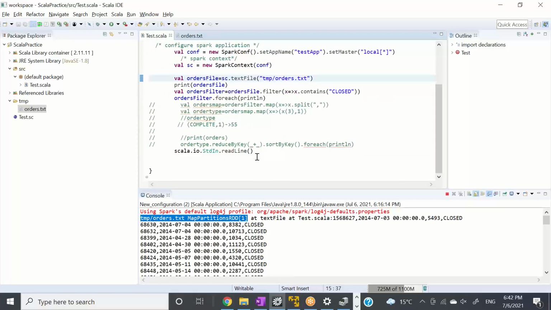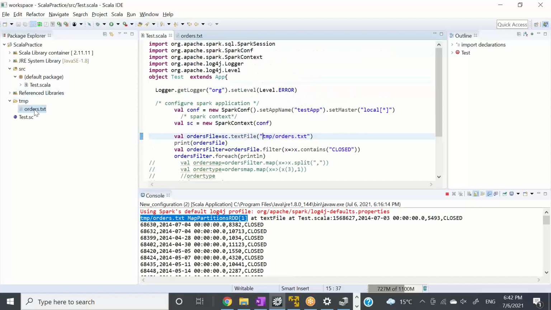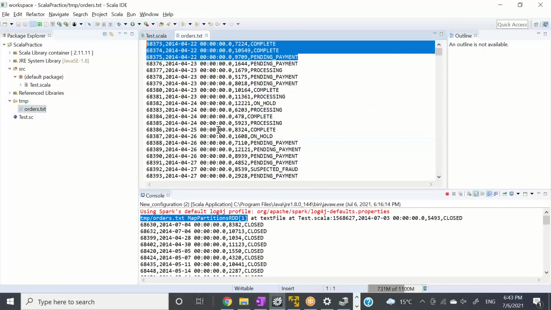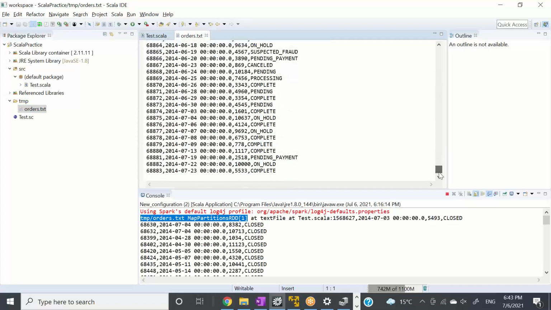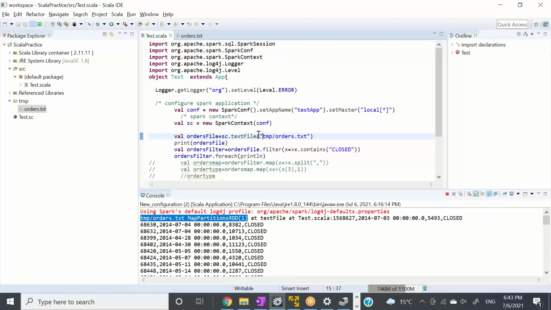And now you need to deploy this code into the Spark cluster, or you need to run this code on the Spark cluster, right? For testing, you can have test data like this. But in reality, let's say this test data is 1400 rows, but in reality these rows can be 14 million. So you need to make sure that if this program is running on 1400 lines, ideally this should run on 14 million lines,